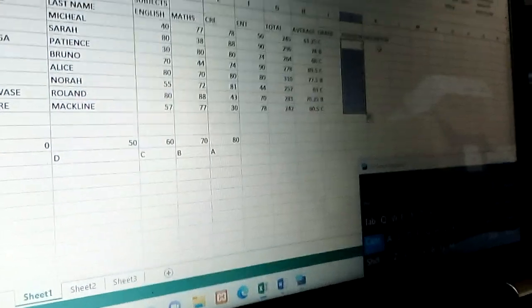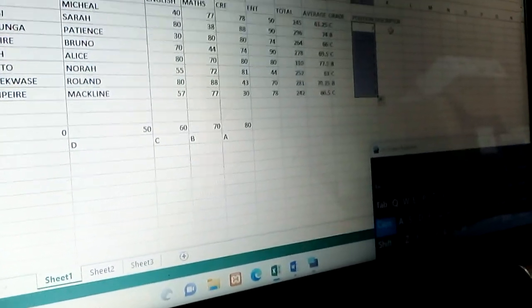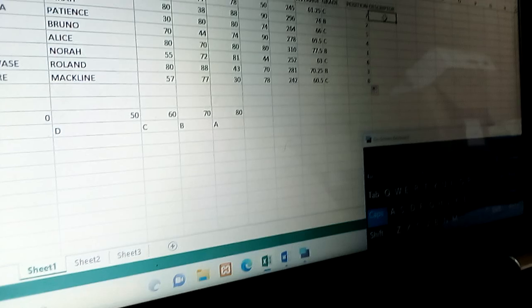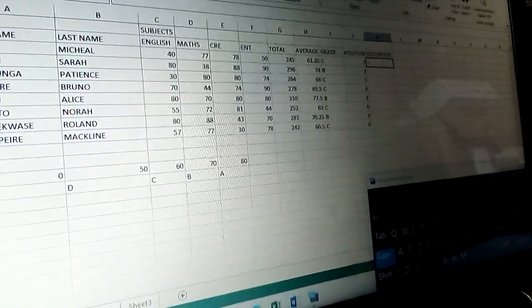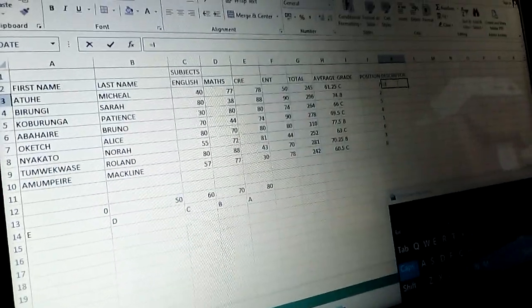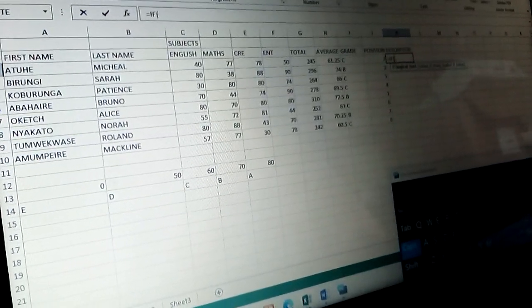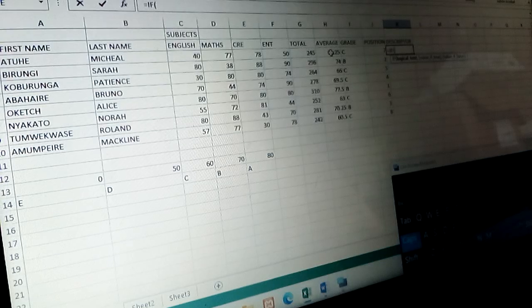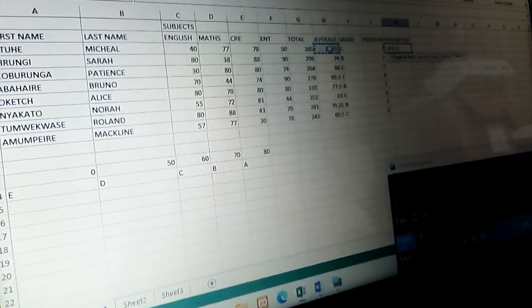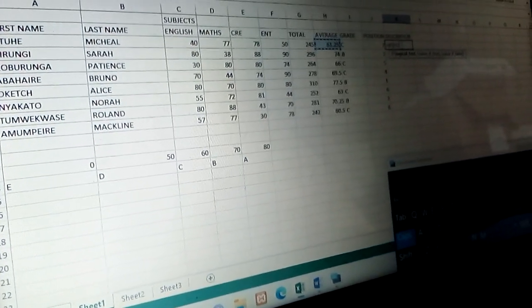And remember, we have 3 descriptors: we have basic, we have moderate, and we have outstanding. So here we're going to use the IF function, and we put the equal sign, and we put IF. Then we are going to use the average values, which is H3.